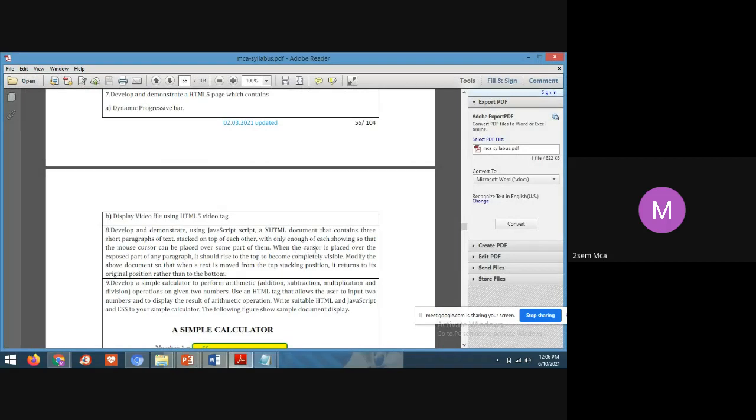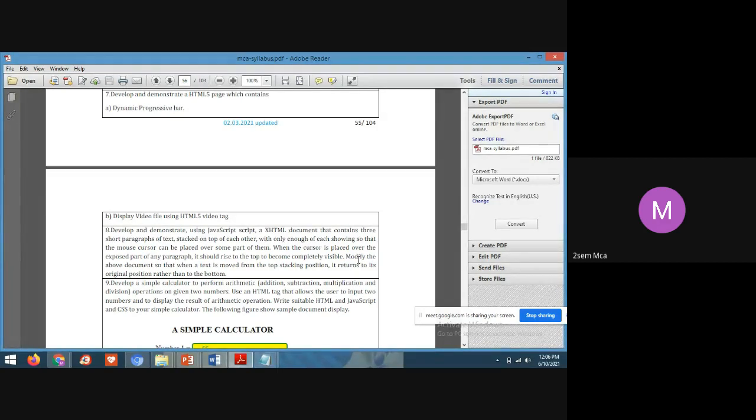When the cursor is placed over the exposed part of any paragraph, it should rise to the top and become completely visible. If I put my mouse pointer on the first paragraph, the complete first paragraph information should be visible.